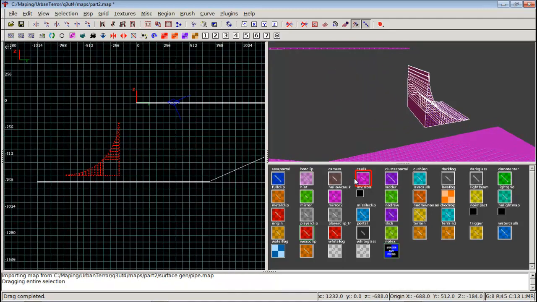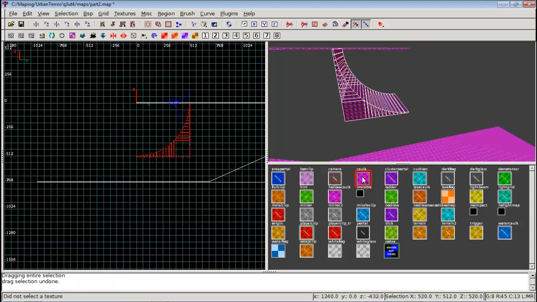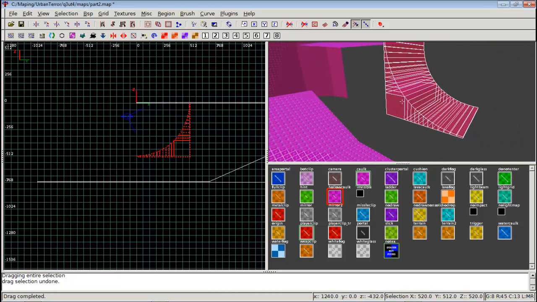So, first off, we're going to cock that. Actually, what I'm going to do is I'm going to undo that, leave that right there. I'm going to cock that. And in this case, I'm actually going to use hollow cock. Now, the reason I'm going to use that,